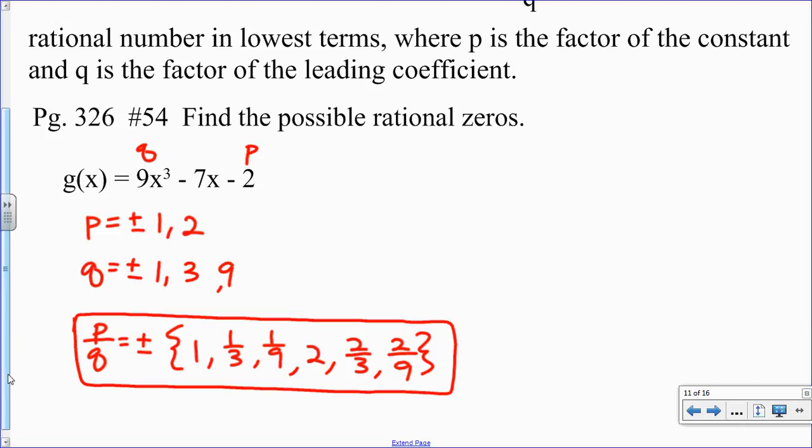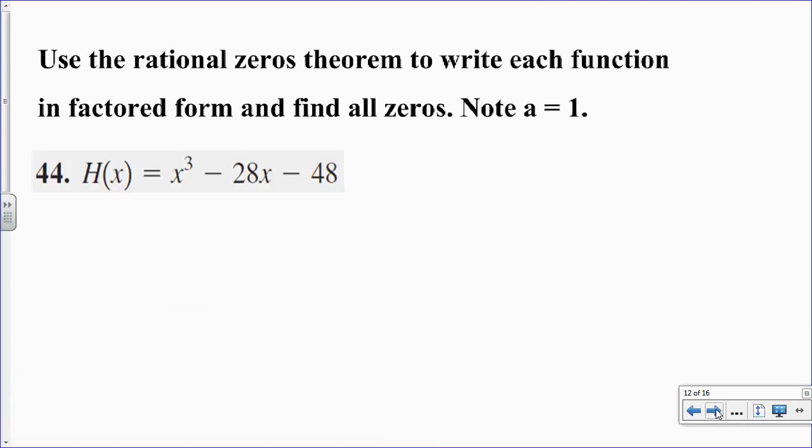Okay, so this didn't ask us to find the zeros, just the possible rational ones. So let's do that again. And then here in just a minute, we'll do